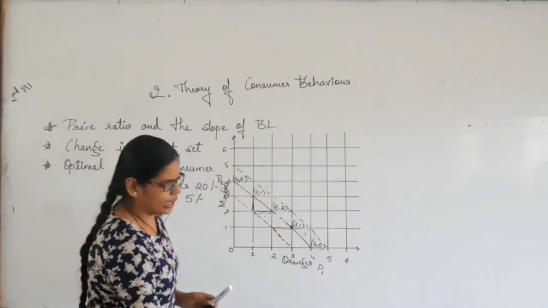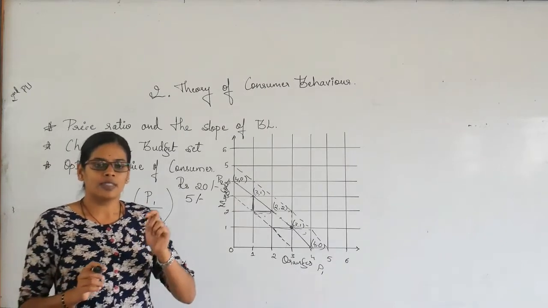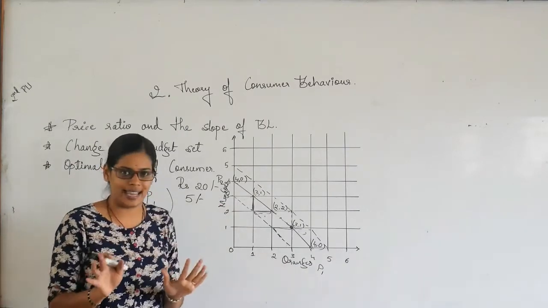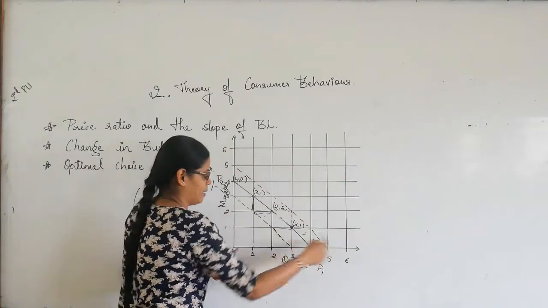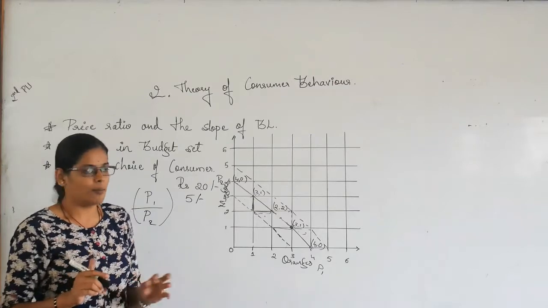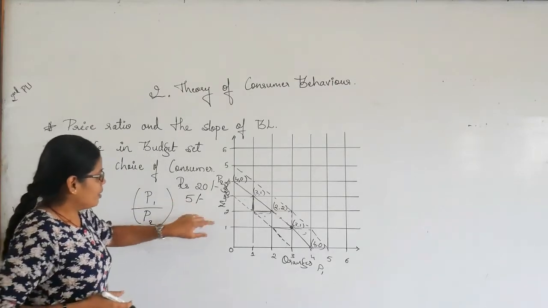Okay, when we are talking about the budget set, here we are keeping in mind that the prices of these two goods are the same, and his income, whatever he was getting, is the same. But now what kind of changes will we make? Here, before